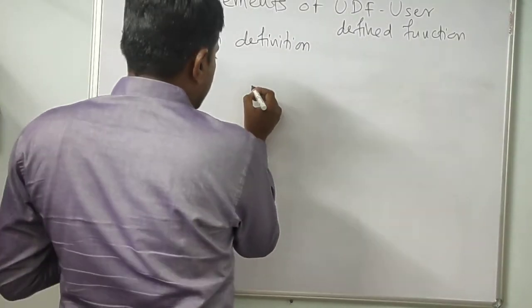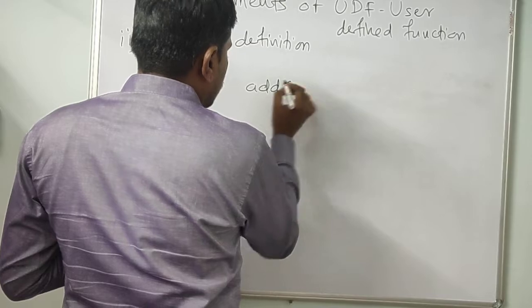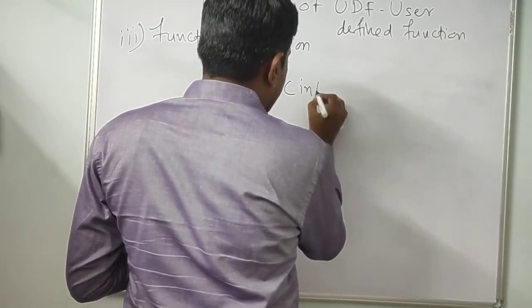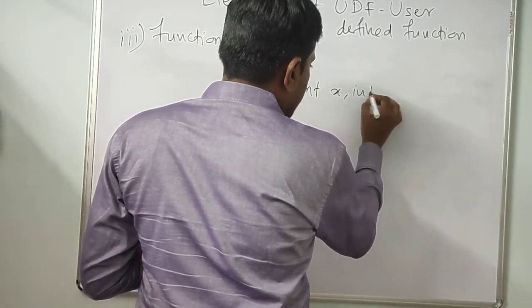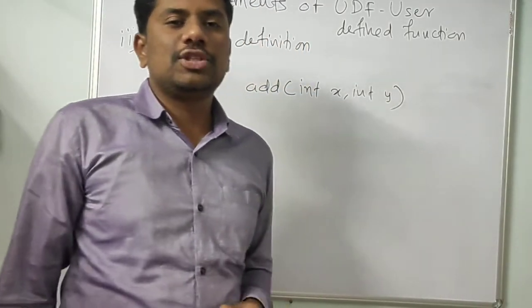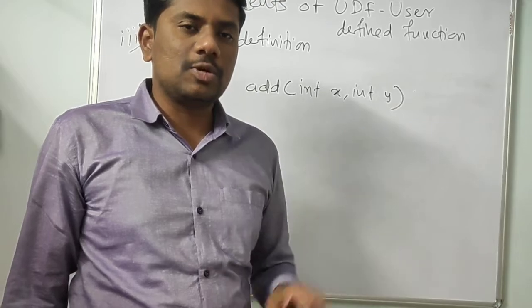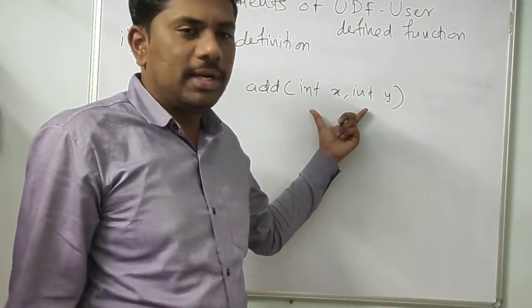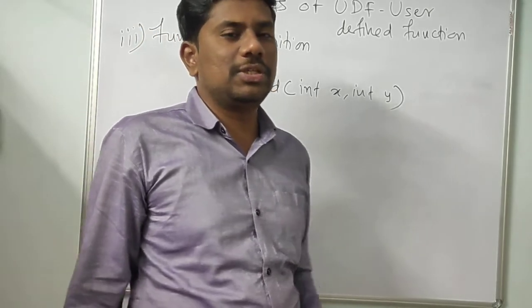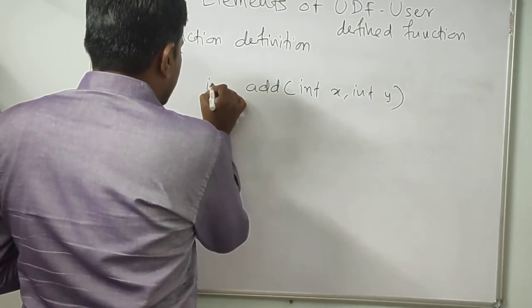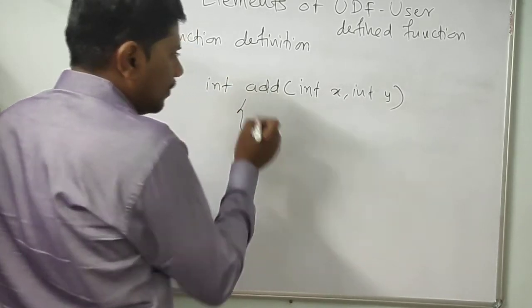Consider I am taking addition of two numbers. So add is my function, and suppose add is taking two inputs. So we'll require two variables here. Declaration of variables is compulsory here. In the case of function declaration, variable declaration is not compulsory; you can take only data types. But in the case of function definition, they are compulsory. And suppose add is returning an int value.